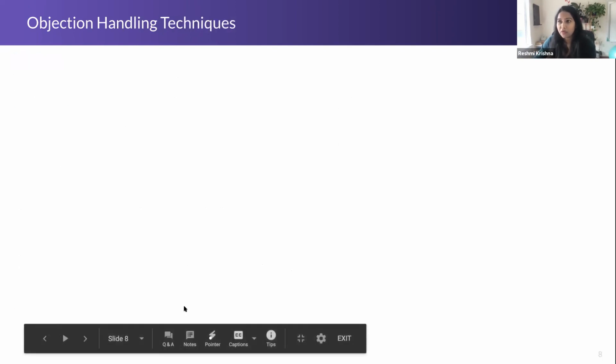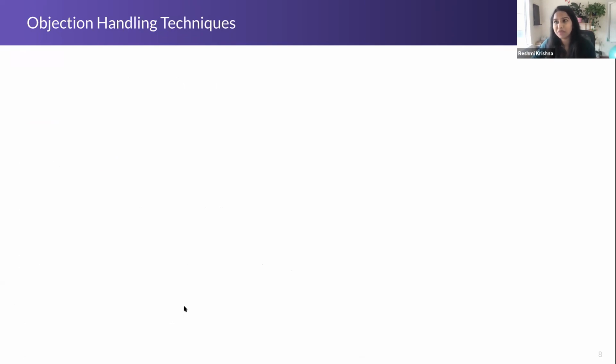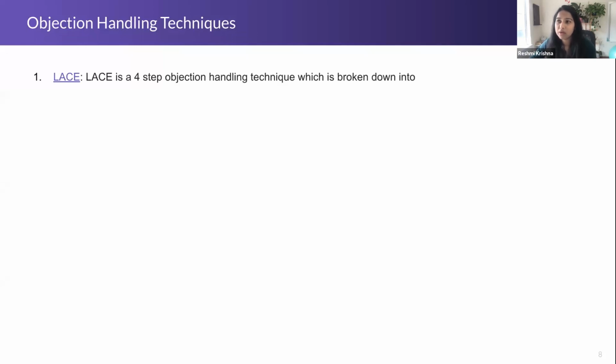Cool. So now moving forward, we're going to look at some of the techniques. We're not going to cover all. The techniques are all listed in the SA handbook link, which I'll be providing you shortly. The first one we'll be looking at here is LACE. LACE is a very common 4-step objection handling technique that's used in the field. The first part of LACE is